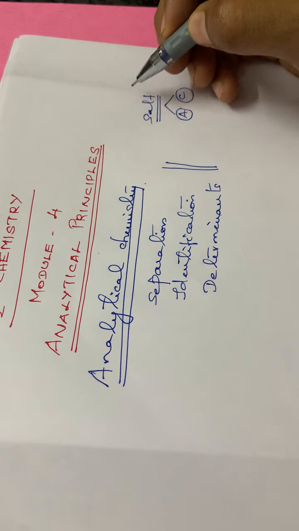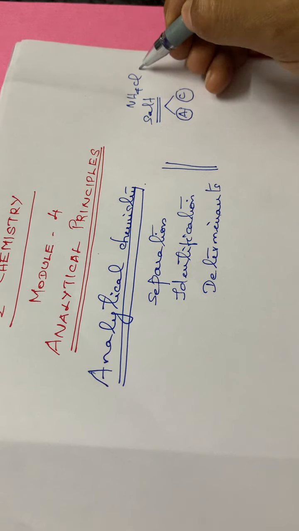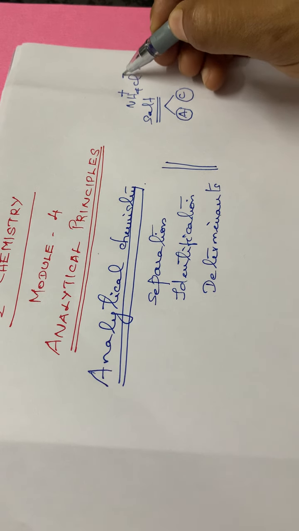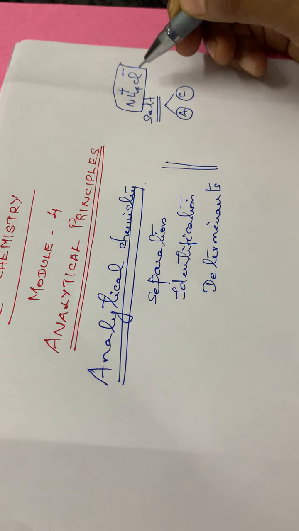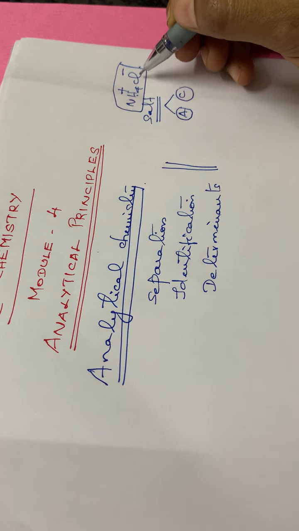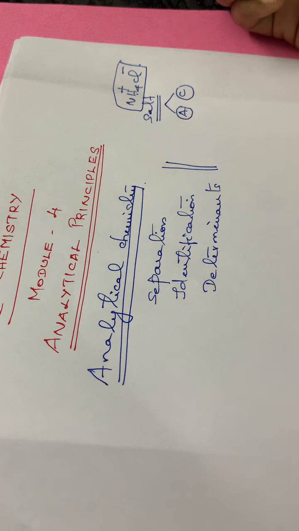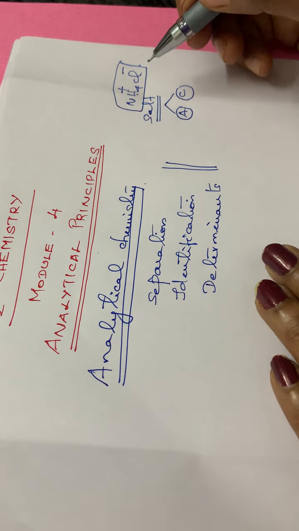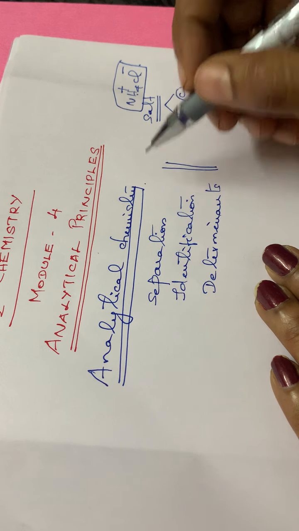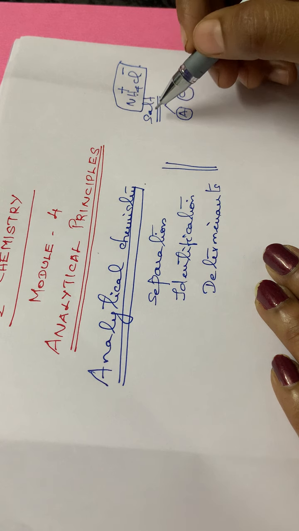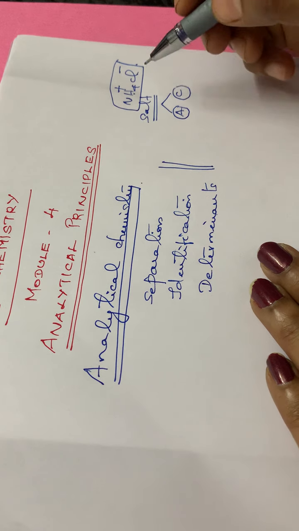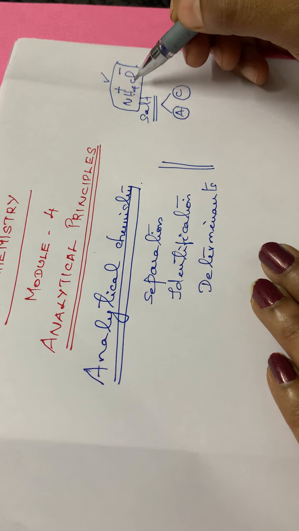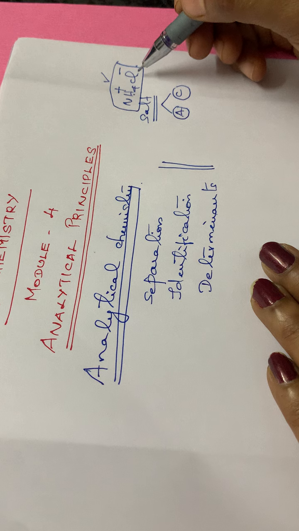Say for example, ammonium chloride. There ammonium is the cation and chloride is the anion. So you are given a salt ammonium chloride and you have to identify the anions and the cations present in that particular salt. So here this analytical chemistry, it is that particular branch which will be dealing with the identification of a particular compound or identification of a particular salt. So and also here you are doing the identification of the anions as well as the cations,